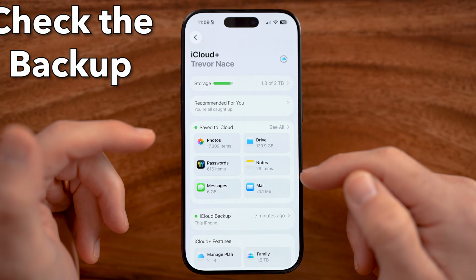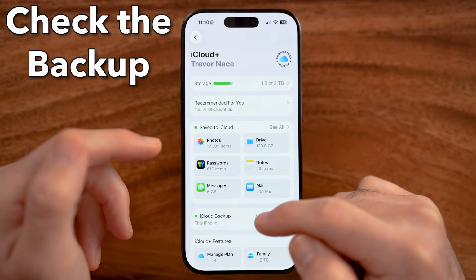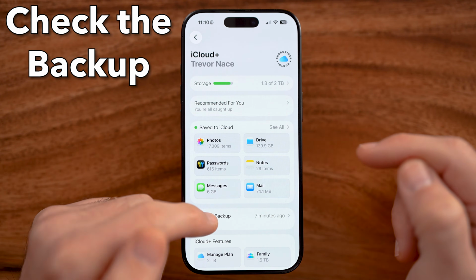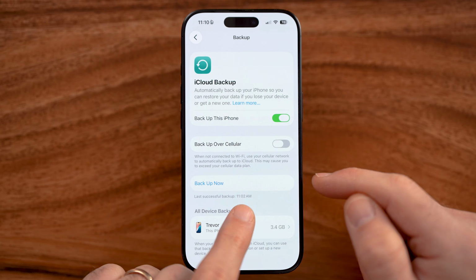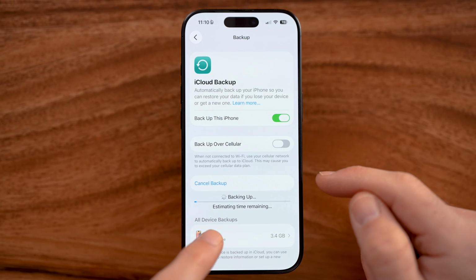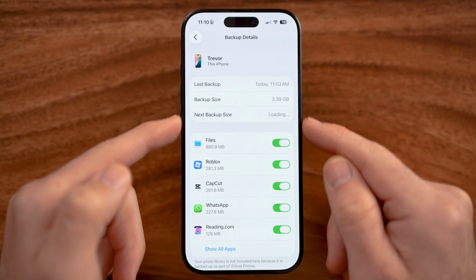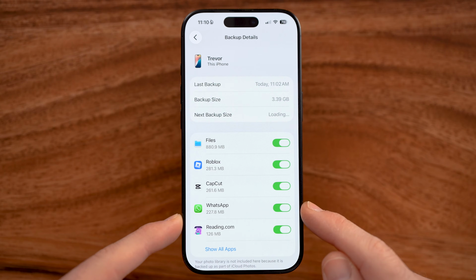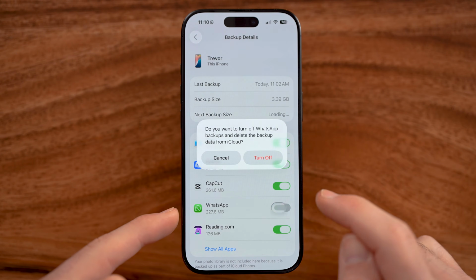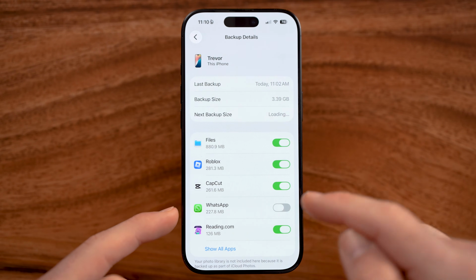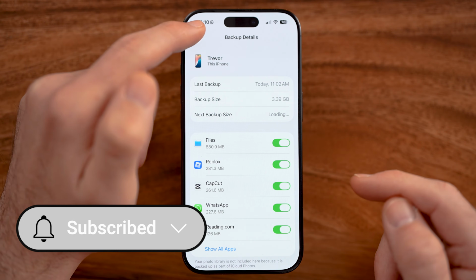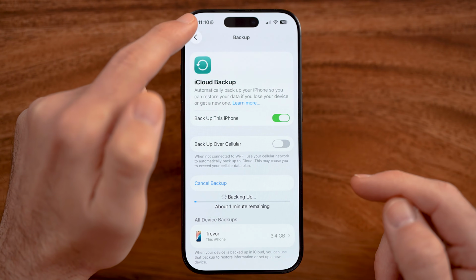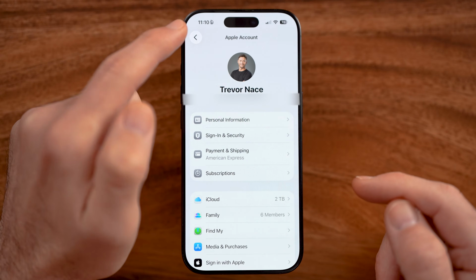everything is backed up. So essentially go to your iCloud backup here, and within the iCloud backup, you need to make sure everything is backed up recently. Just tap on backup now, and within your backup, you need to make sure everything is turned on. So if everything is turned off, just turn it back on. This will give you one option essentially to back up and restore everything, including all those apps on your new